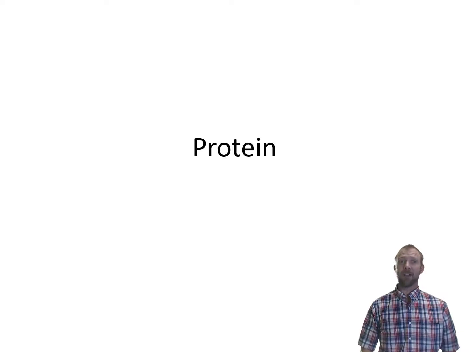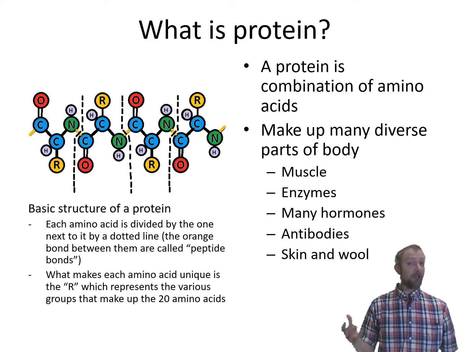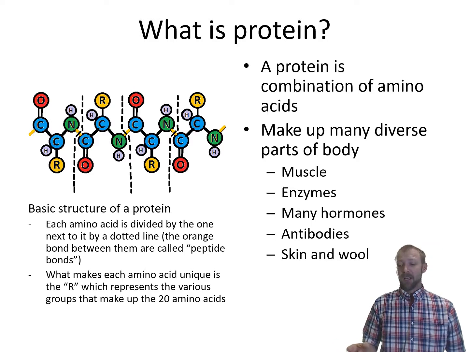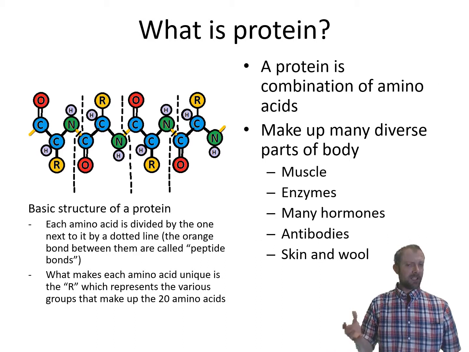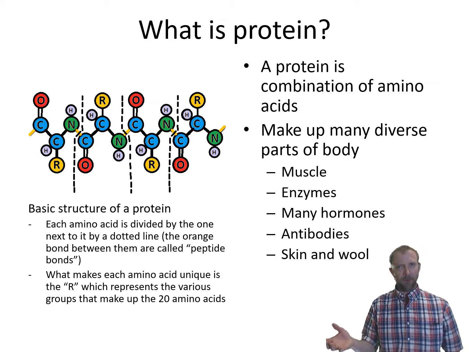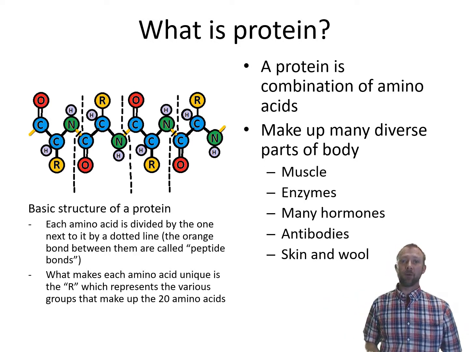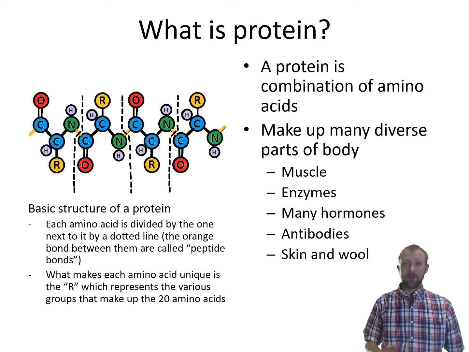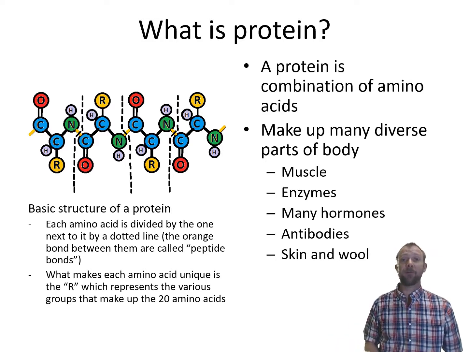Let's talk about protein now. First of all, what is a protein? Proteins are made up of amino acids. There's 20 amino acids that make up protein, and different combinations of amino acids will make different proteins. The same protein will have the same order of amino acids, but different amino acids in different orders will create different proteins. Everywhere from our hair to our muscle to our skin, there's protein in our bones, appetite, and so forth. Many of the enzymes, or all the enzymes in our bodies at least, are made up of proteins.